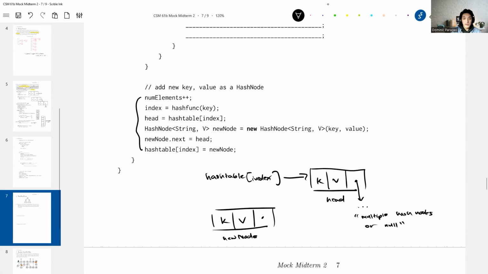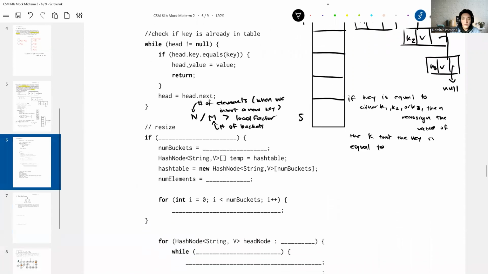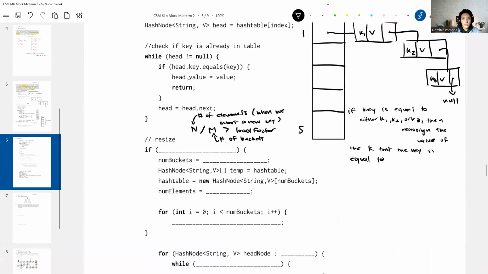In this line, we see that new node.next is equal to head. So here we're assigning our next pointer to head. And then hash table index is assigned to new node. So this pointer from hash table index to head is now reassigned to new node. And so we see that when we add a node, we put it in front of the existing head or the existing chain at that index. And so to return to this resize function,